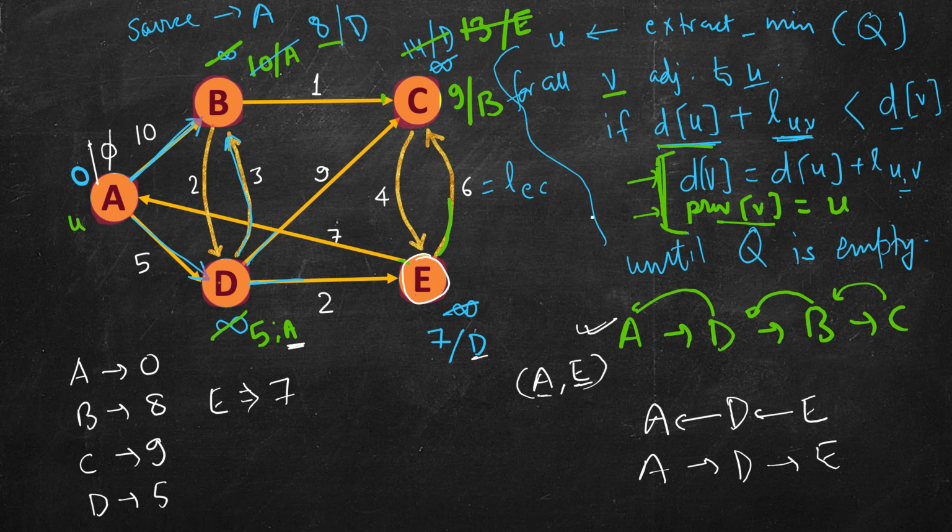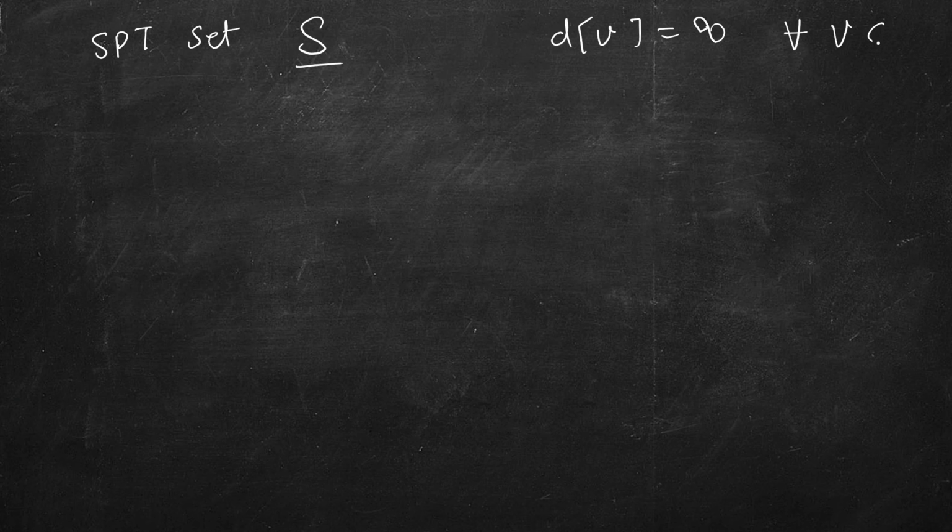Here I had used priority queue for implementing this. There is other way that you can, instead of inserting this into the priority queue, you keep a set. So you keep a shortest path tree set. Let's call it S. Initially it's empty. So you assign distance levels again. So d v equal to infinity for all vertices v belonging to graph G. Distance of source is 0,